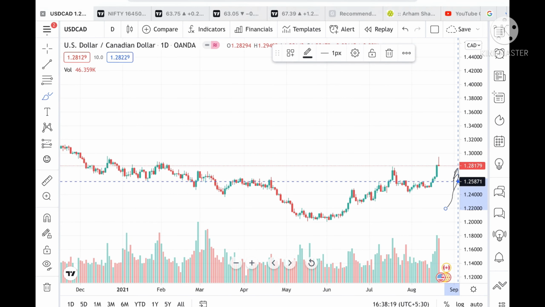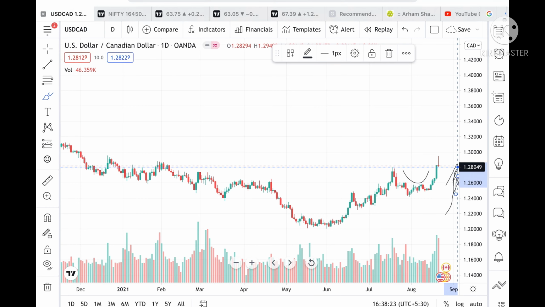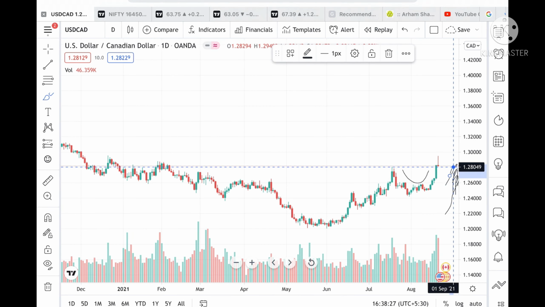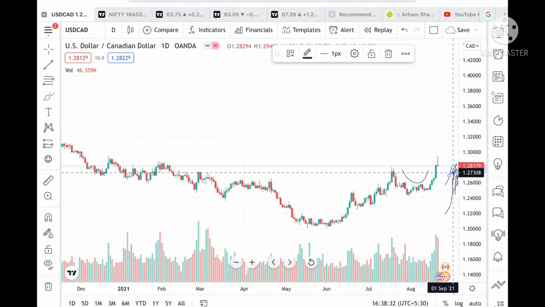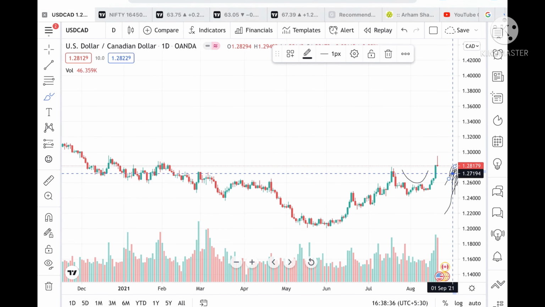As of now I can see that the U pattern is created. It is more on the upper side. If it bounces back from this level, the chances are high that it can bounce from a level of 1.28049. And if it doesn't bounce, then there is a probability it can touch a level of 1.26510.